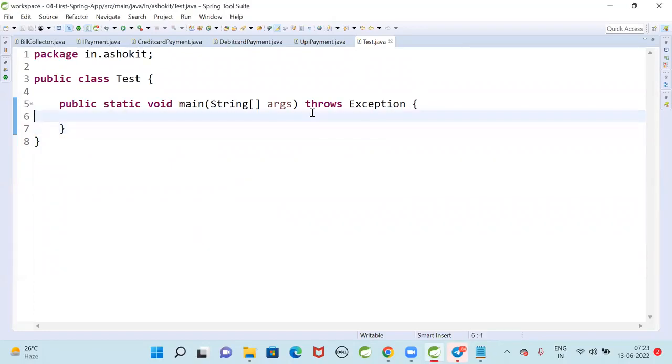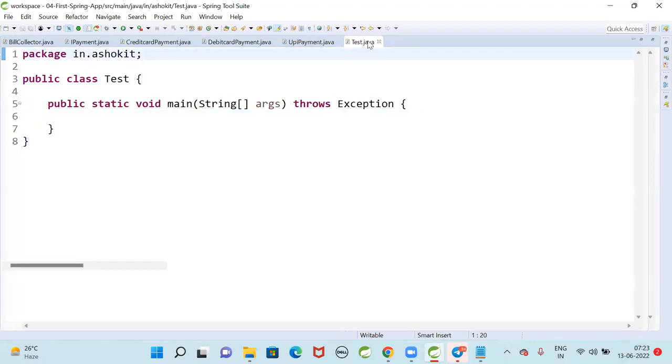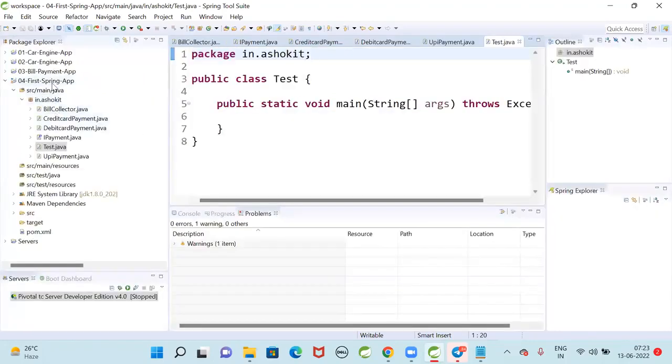Do I need to perform the dependency injection now? The IOC container should perform the dependency injection. So here, as of now, what I have created,